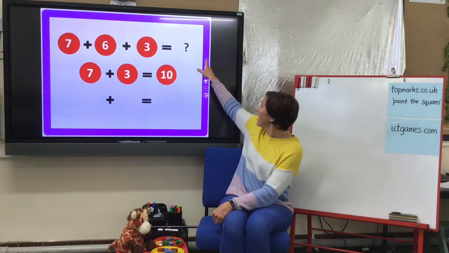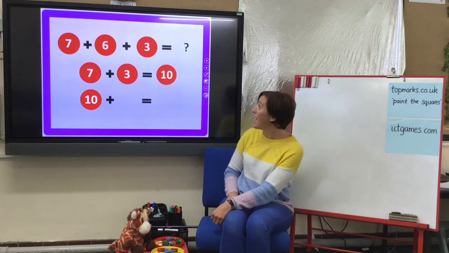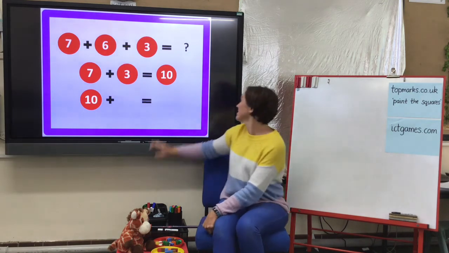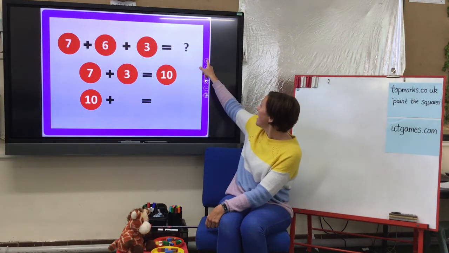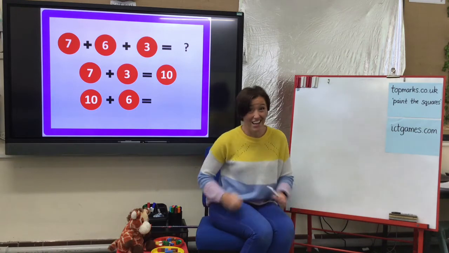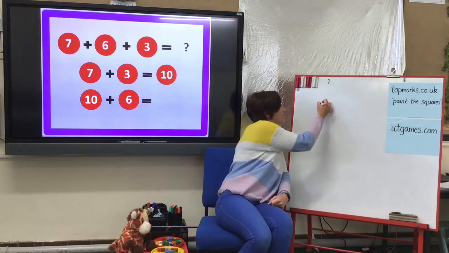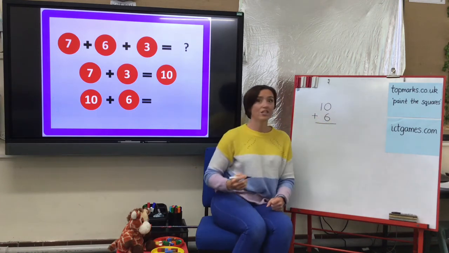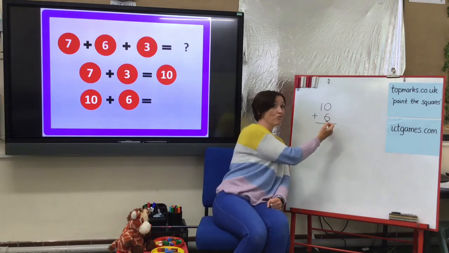we've now got a little bit of an easier calculation to do. So now we've got 10, we can add on, what's the other number we need to add? 6. Now we need to do 10 add 6. Well, adding numbers to 10 is really quite easy, isn't it? Because if we've got 10 and we want to add on 6 more,